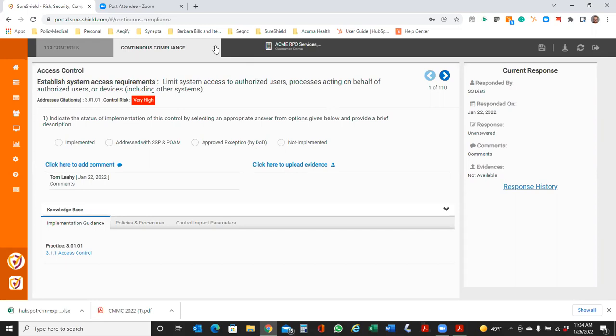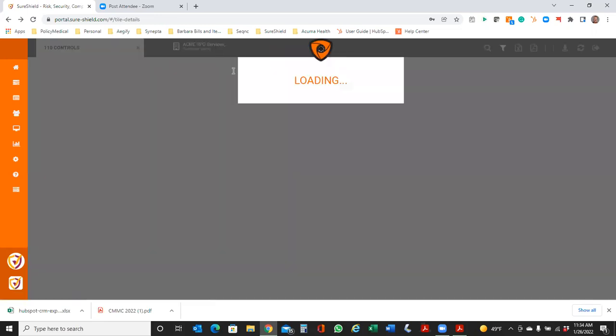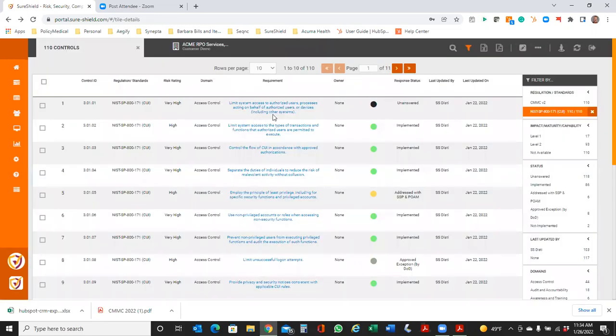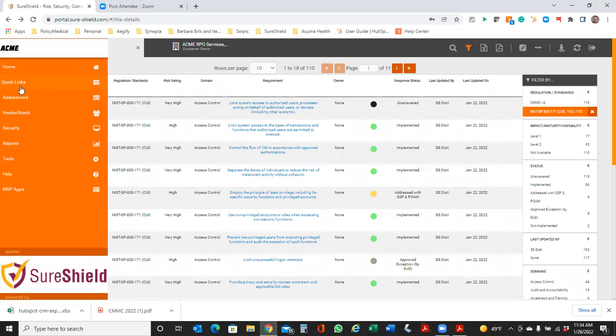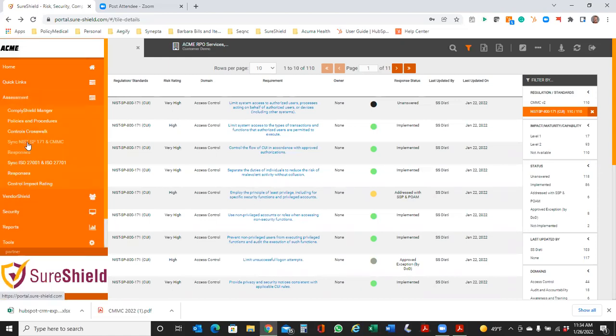In the case of CMMC, it's slightly different in those responses, but we know where those mappings are and we map that information across. When I say we do that, in mapping those answers, it also maps and makes sure that you have all the supporting evidence and documentation that you've used in the past. And it's as simple as basically going to an area here that says sync your NIST 171 and CMMC.